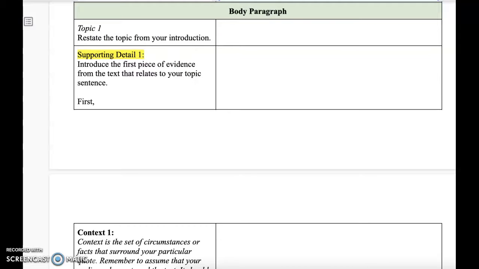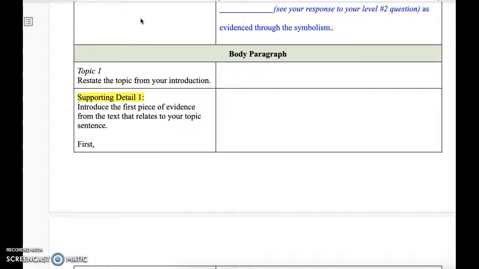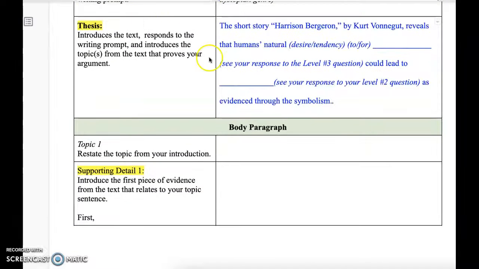Okay, now we're coming back to the body paragraph on the essay outline. And if you completed the last step pretty well and you're not happy with your thesis, I have a more scaffolded frame for the thesis here that you might be able to fill in if you're not already feeling good about it.